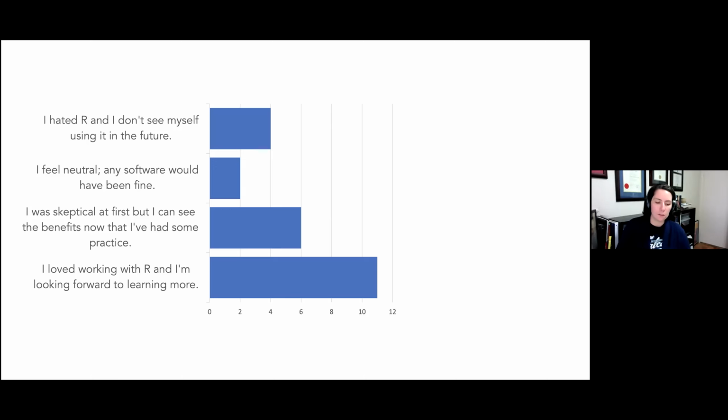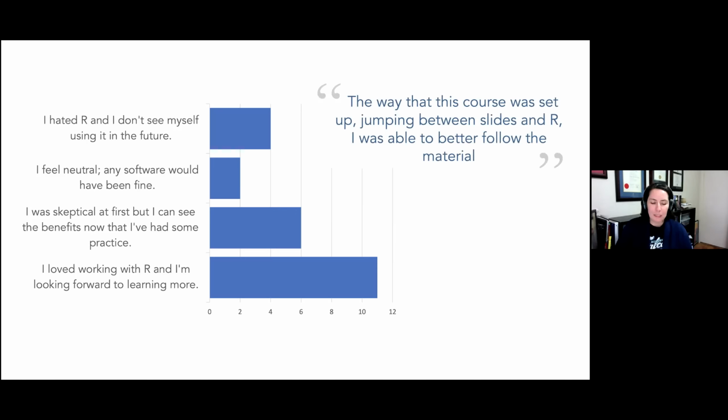And keep in mind, these are graduate students. So they've mostly managed it well, except for the handful of students that were pretty aggravated at having to leave SPSS behind. What they really, really liked was switching modularly between the content slides and RStudio during the lecture. I heard this kind of comment repeatedly, that it made it easier for them to follow the material along. And this is obviously enhanced as well by having recordings of demos posted online later.